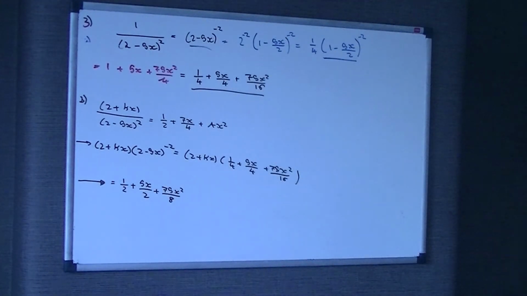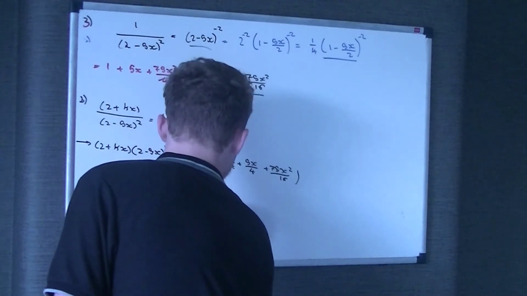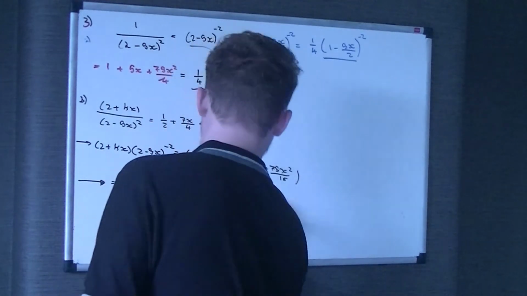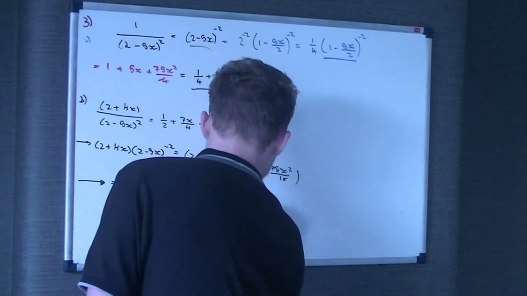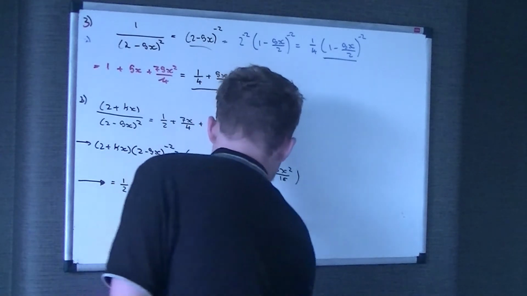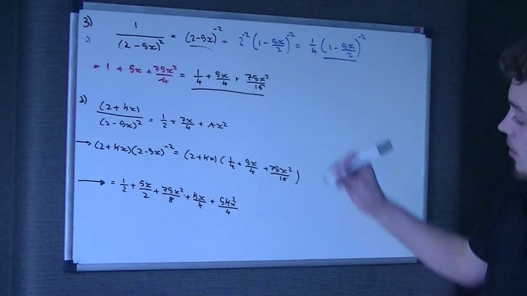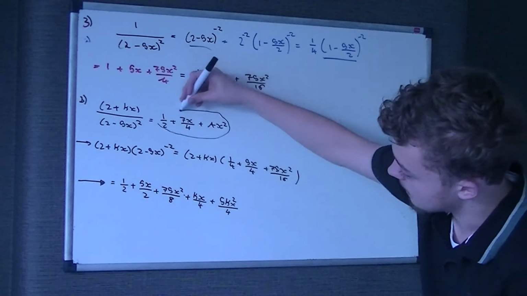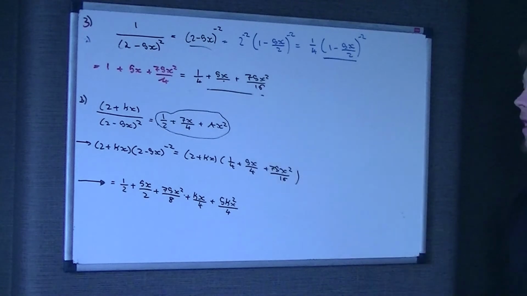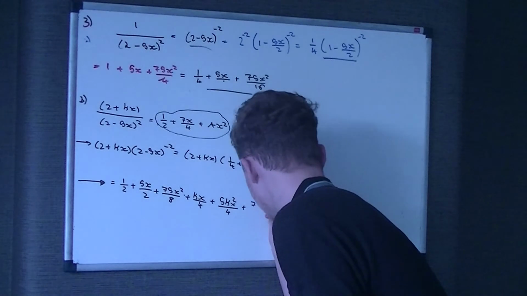Okay, so then you do expand the k part of that as well. So you do kx times a quarter, so that'd be plus kx over 4, or a quarter of kx, plus 5k squared over 4, kx squared, sorry, over 4. And then you could do this, but it'd be pretty pointless, because we're only asked to work out what k and a are, so we don't really need to do it up to x squared in this, but we put it in anyway. Plus 75k x cubed